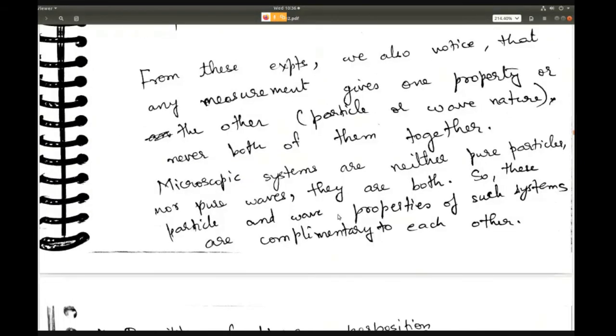Now we have seen the double slit experiment and we saw the interference pattern, but we still don't know why it happens. We know now that if you measure, or try to see which slit the electron is passing through, you are only seeing the particle nature, which means the interference pattern is destroyed. And if you don't bother to see which slit the electron is passing through, then you see the interference pattern, which means the wave nature of the quantum particle is what you are seeing.